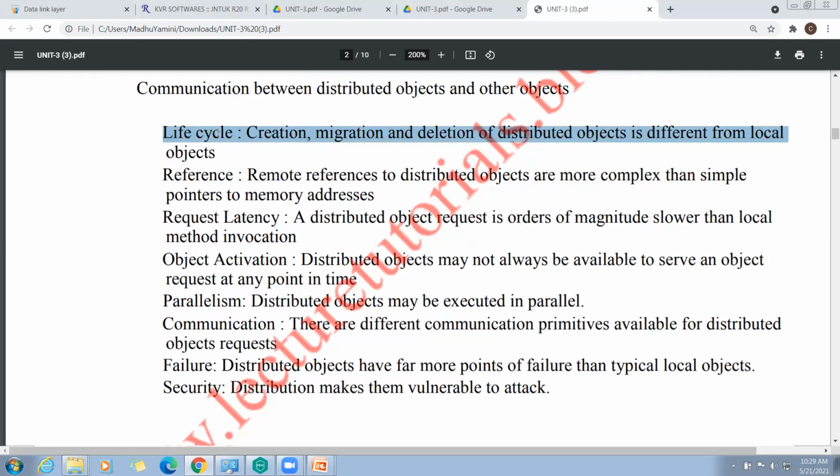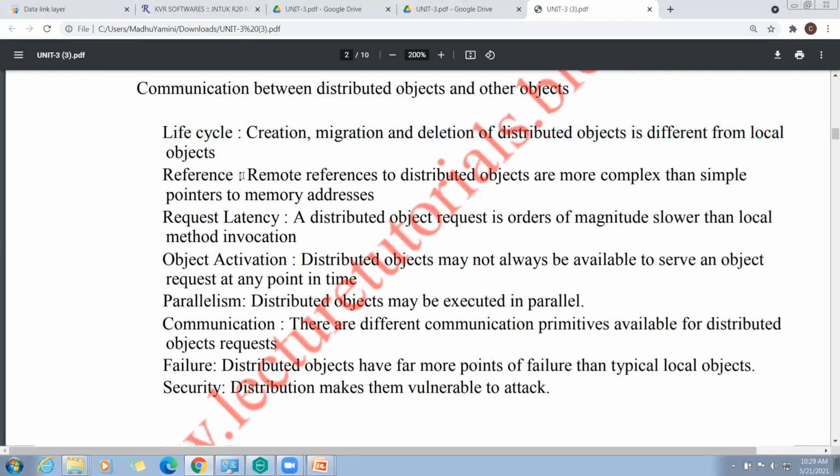Creation, migration, and deletion of distributed objects is different from local objects. We have different objects, some are local objects, some are distributed objects.